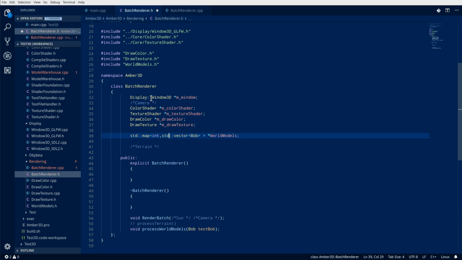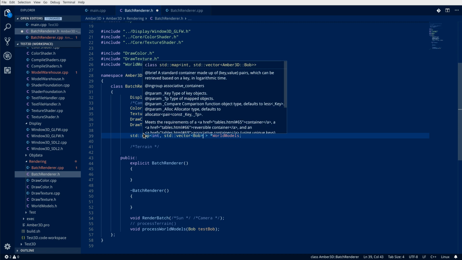So yeah, that's our map. The key is the UUID. The thing it holds is a vector of models, world models, or bobs in this case, in case we want more than one bob at one UUID. Remember, the model has a UUID. So for each model, we are going to hold a vector of things in the world. Does that make more sense? Good, because we can then use one model for more than one thing. I think that makes sense. I hope it makes sense. If it doesn't, just put it down in the